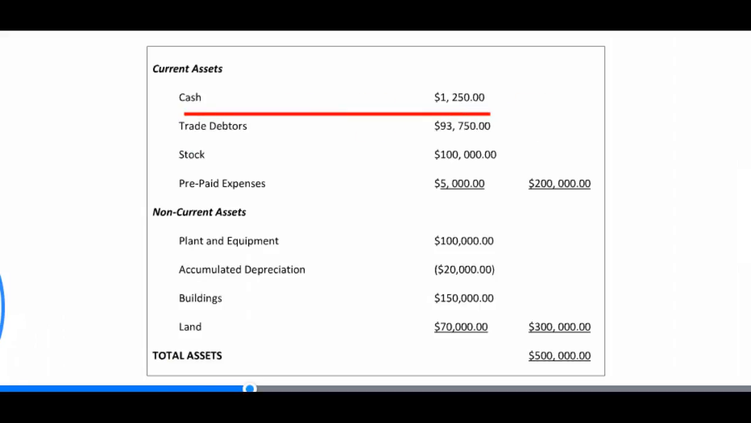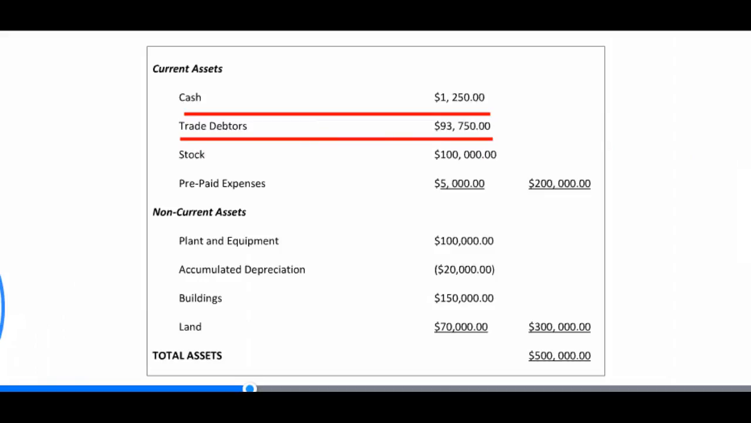Cash on a balance sheet refers to funds that are immediately available to the business without restriction, such as bank balance, money in the point of sale system, and petty cash. The cash value on this example balance sheet is $1,250. Next is trade debtors,